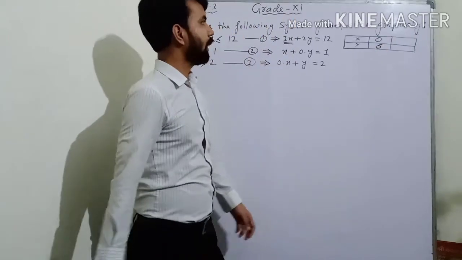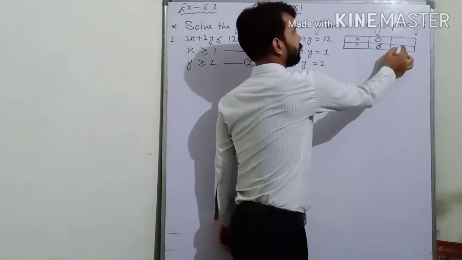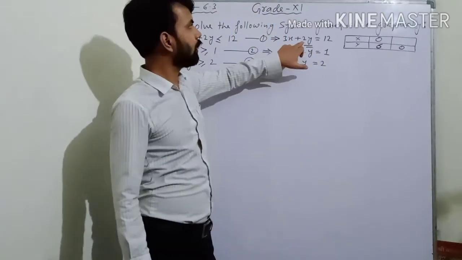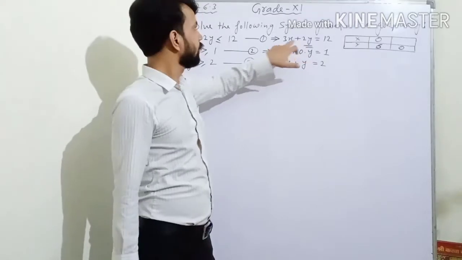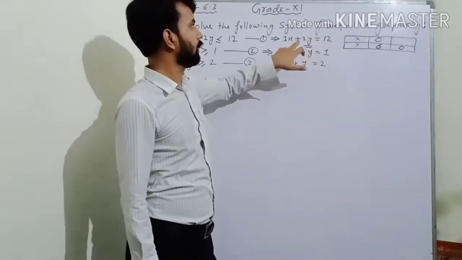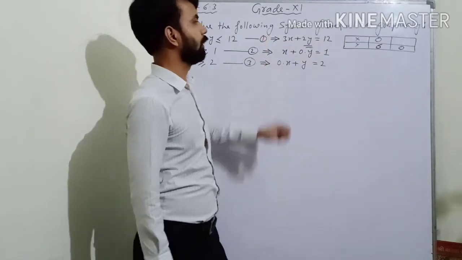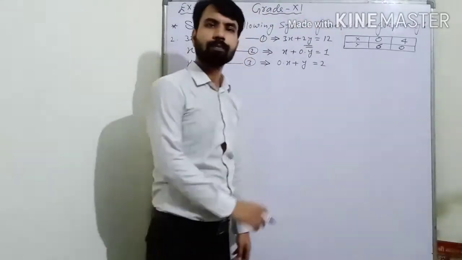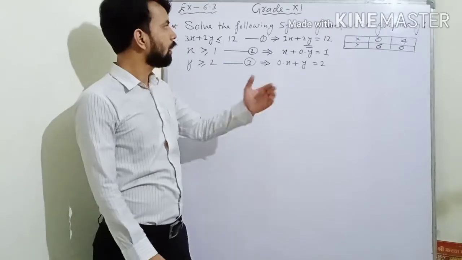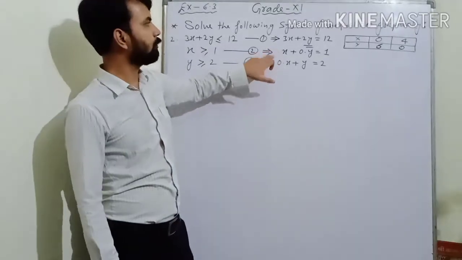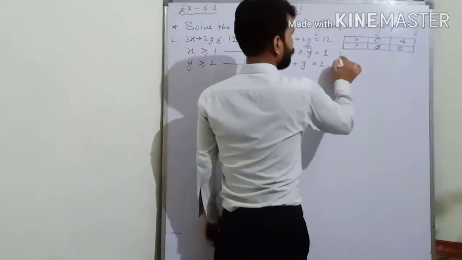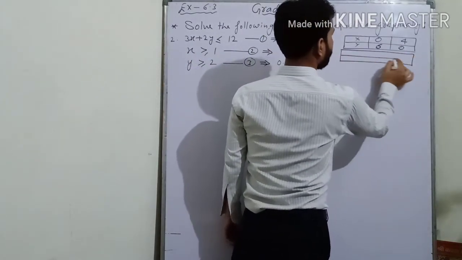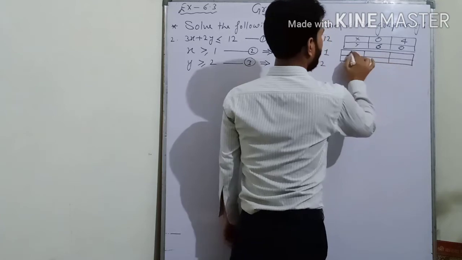Now, if we put y equal to 0, अब मैंने y को 0 रख दिया, then 2 into y gives you 0. Then 3x equals 12. Then x equals 12 upon 3. 12 upon 3 means 4. Then the value of x is 4. Clear? In the same manner, we can find out the points for these two. So, second inequality is points x and y.